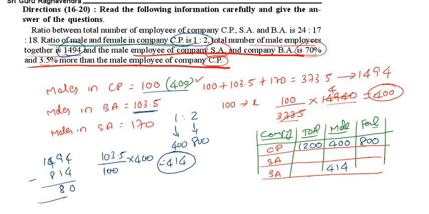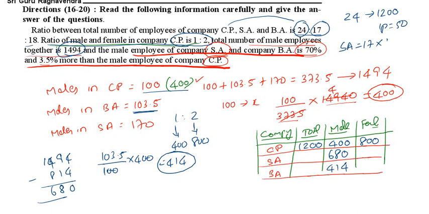Root of 5184. So first see this one. Root of 5184, that is 72 into 8. So root of 72 into 8 divided by x plus 50 into 32 is equal to 201.5 into 8. Now see this one. Root of 72 into 8 is 576. Root 576 is 24. 24 by x plus 1600 is equal to 201.5 into 8.